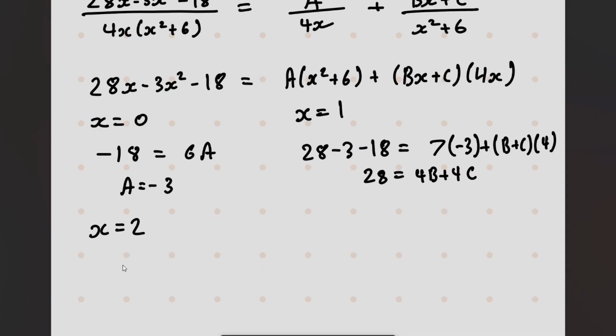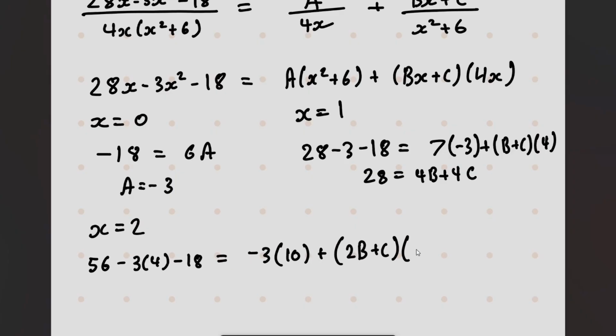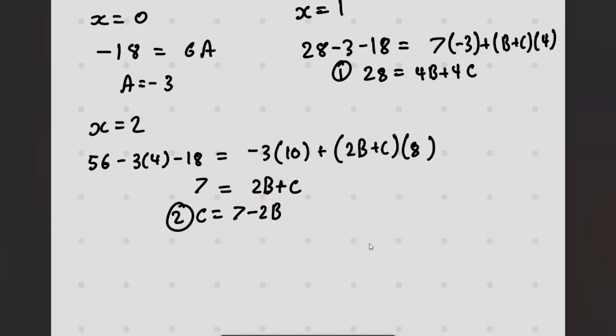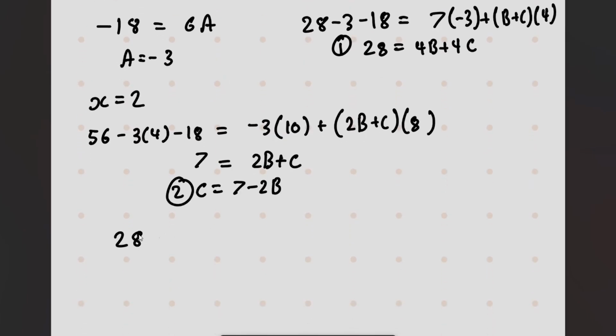and replace x values again. You're going to get 56 minus 3 times 4 minus 18 equal to negative 3 times 7 plus 2b plus c times 8. So you're going to get 7 is equal to 2b plus c. So we're going to take c is equal to 7 minus 2b. So now you're going to replace c into the first equation, and what you're going to get is